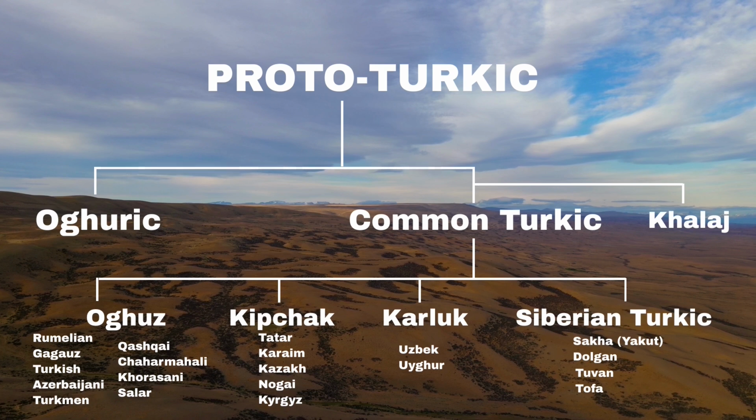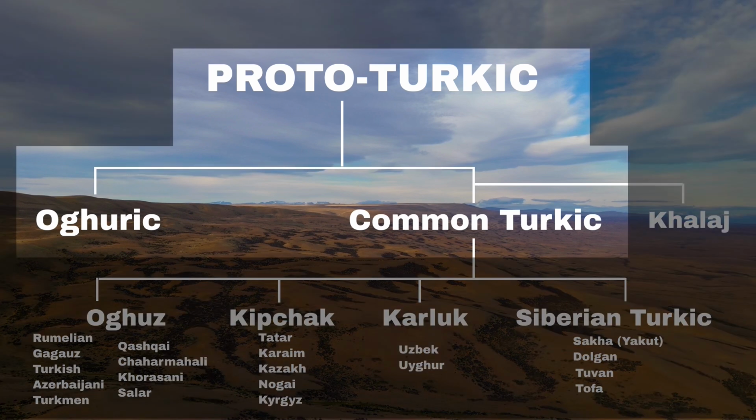We can represent the relationship between Proto-Turkic and its daughter languages using a tree model, as you can see on screen now. Regular viewers of this channel have probably seen language family trees before and know that there's almost always debate in the field about how exactly the branches should be arranged. And that's okay. Our understanding evolves as new data emerges. However, the initial split into the two primary branches of Turkic is fairly uncontroversial.